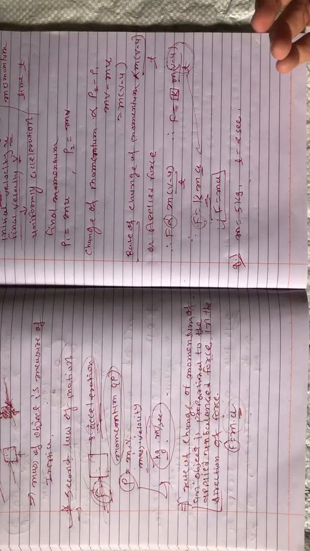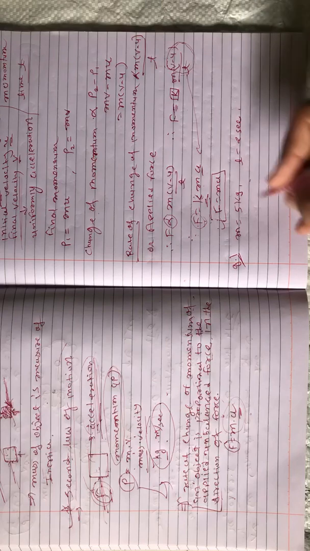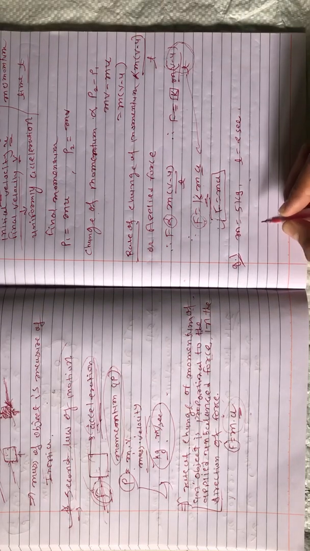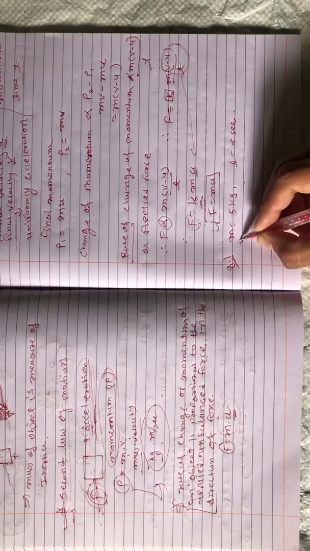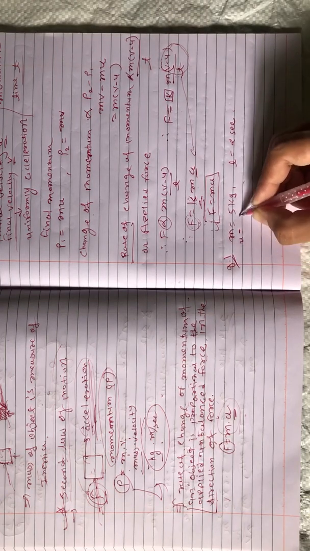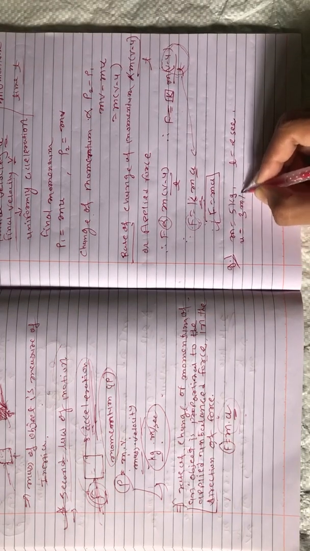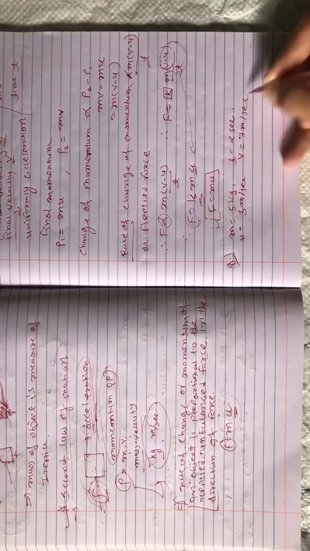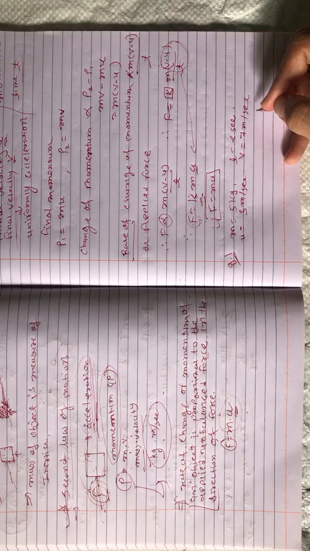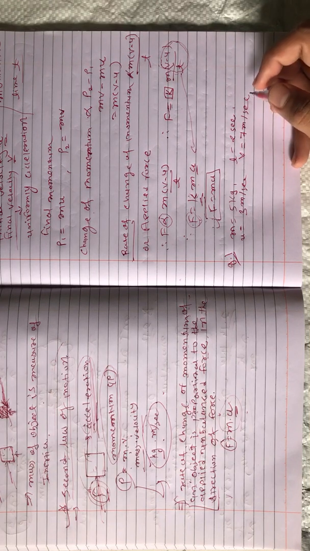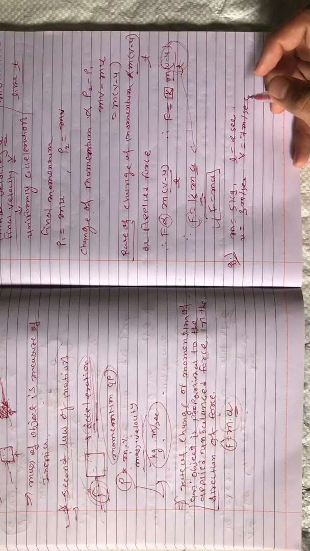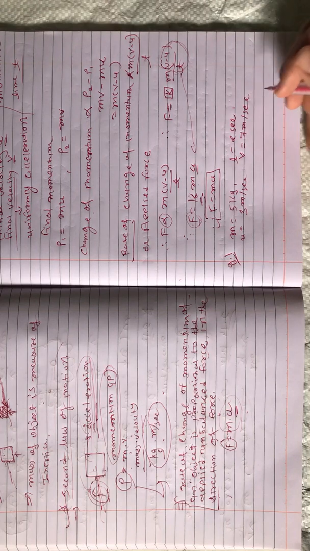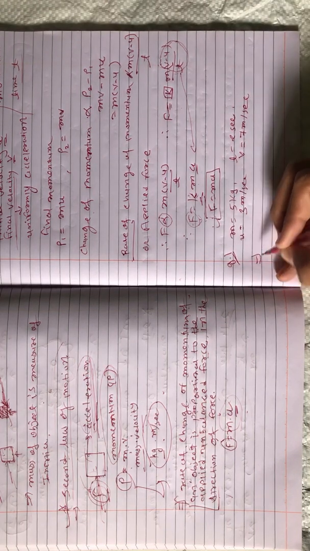The object's velocity changes from 3 meter per second to 7 meter per second. So here the initial velocity and final velocity are given. Initial velocity u is equal to 3 meter per second. Final velocity v is equal to 7 meter per second. Find the magnitude of the force. Now, if the force were applied for a duration of 5 seconds, what is the final velocity of the object? So here two questions can be asked. Let us solve one by one.